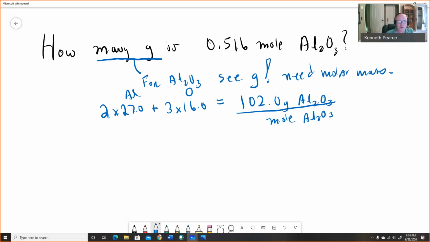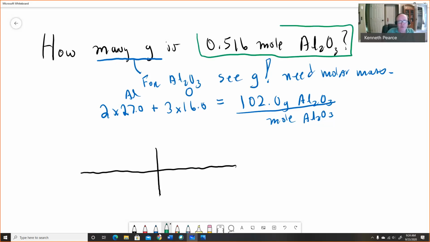That's the molar mass for aluminum oxide. And so I don't see anything else up there. I don't see atoms or molecules, so I don't need 6.02 times 10 to the 23rd. You only need that if you see atoms or molecules. And so now I can go ahead and set this up. I draw a line, draw another line, and I always start with my measured number. What's my measured number? It's right here. That's my measured number, boxed in green. And so we have